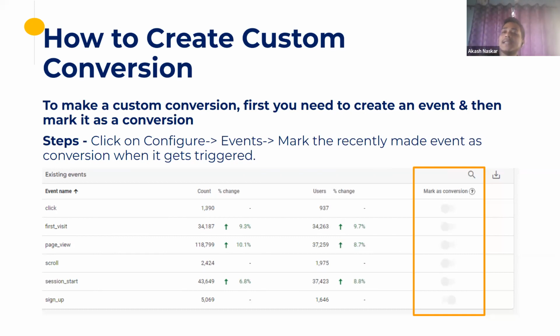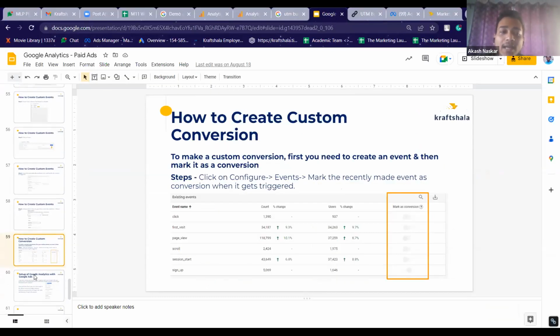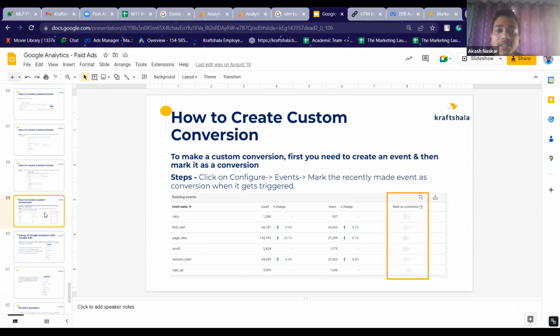The idea to understand is that if you want to make a custom conversion, you have to first set it up as an event. So you set up all the events, and then if you want to convert any event from an event to a conversion, you just switch on this button of Mark as conversion. That is all you have to do to set up a custom event and ultimately create it as a custom conversion.